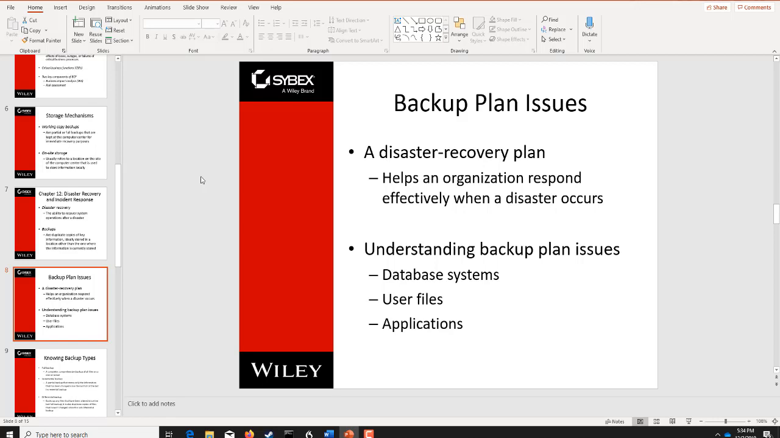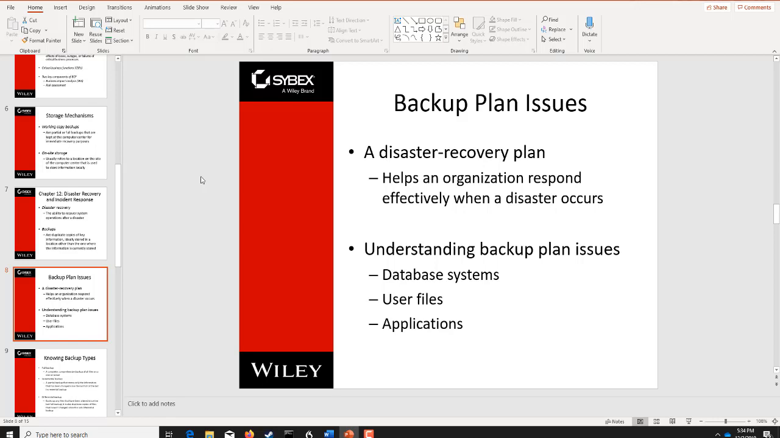Understanding your backup plan is going to have some issues with it. They have to be addressed by your IT department, whether that is in databases. Not all databases back up the same. Not all of them restore the same. And typically, there's a lot of steps involved to restoring data. User files, applications that need to be ready in order to